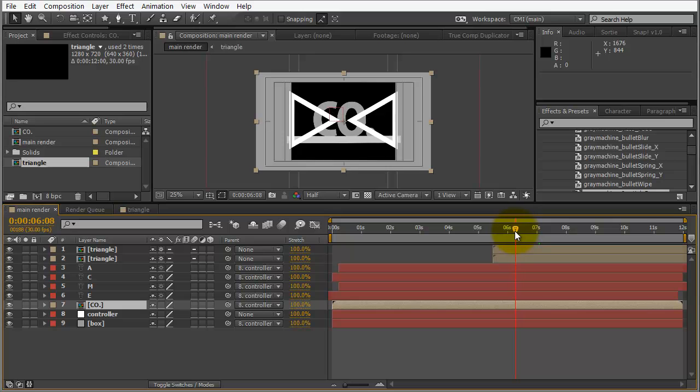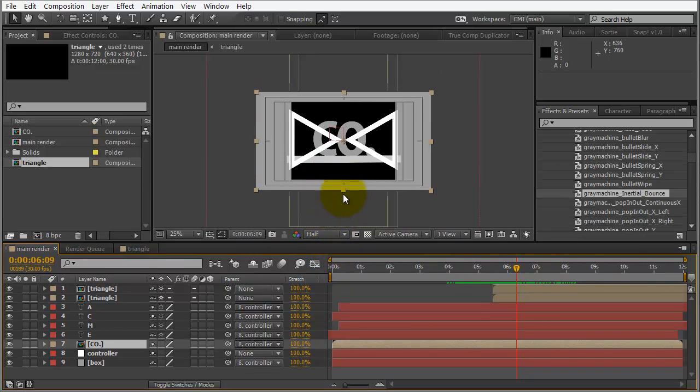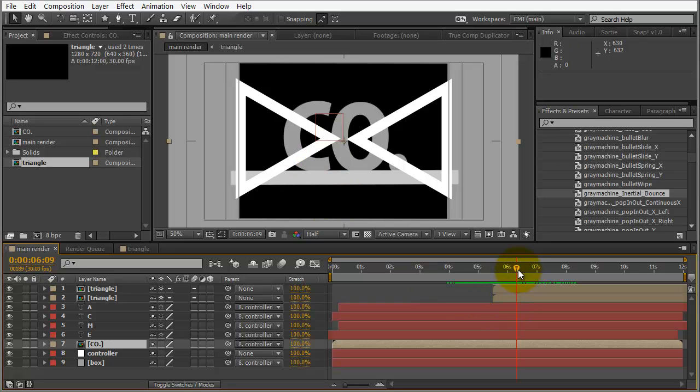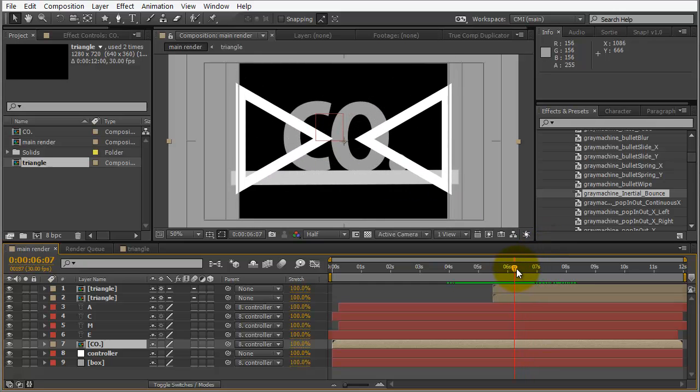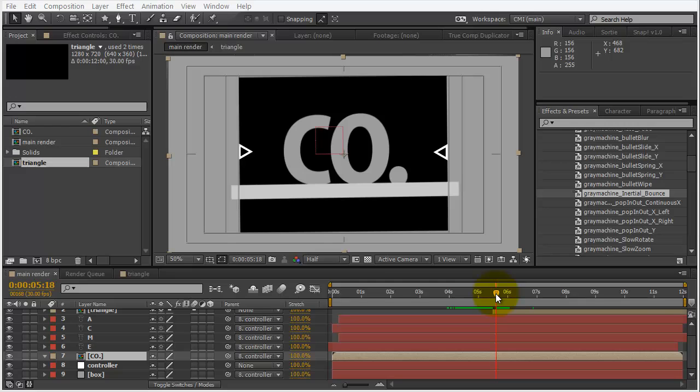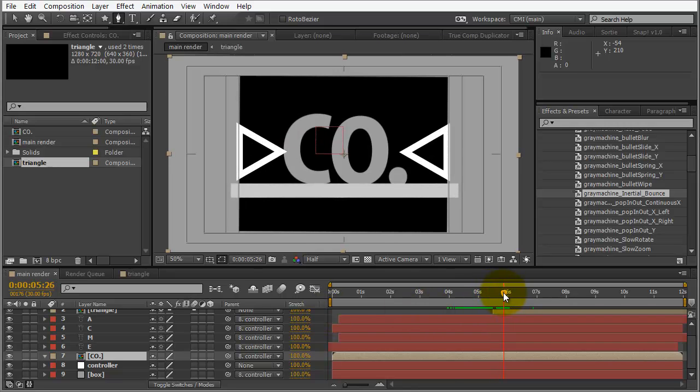Okay, good. So one thing that we're going to do here is we want these triangles to actually wipe this text and that bar off. So let's do that using a mask. Let's go ahead and select the pen tool, and on our CO layer here for the text, we're going to scrub right to where the layers start to interact here. And I think I'm going to create